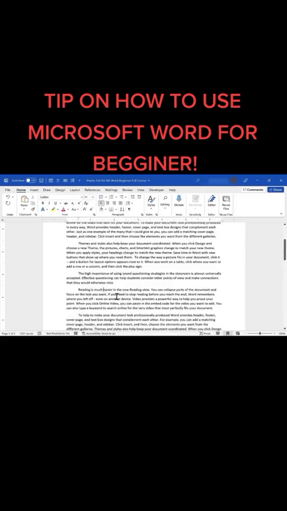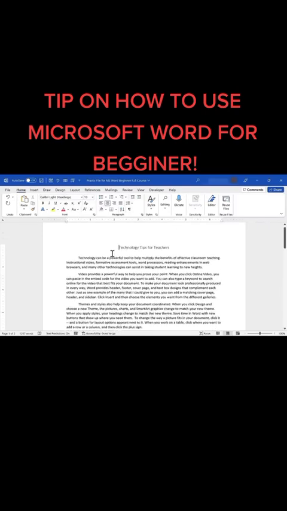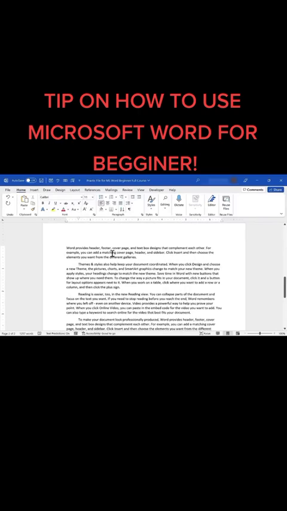Another way to navigate within an existing Word document is to use the keyboard. I can use the arrow keys on the keyboard to move down, to move to the right, left, and up. I can also use the page up and page down keys to quickly jump to the top of a document and to the bottom. Obviously, page up takes me up and page down takes me down. Another important thing to be aware of as you